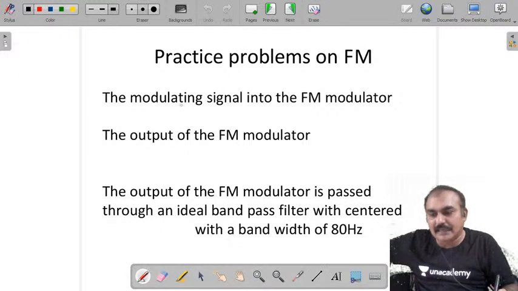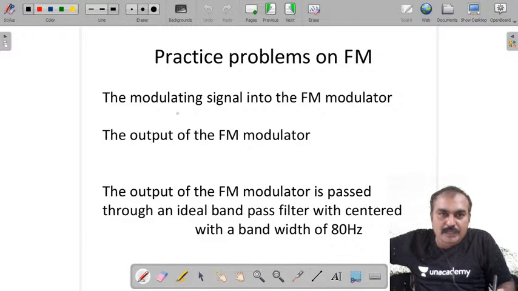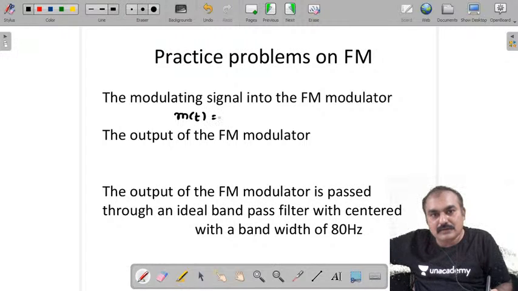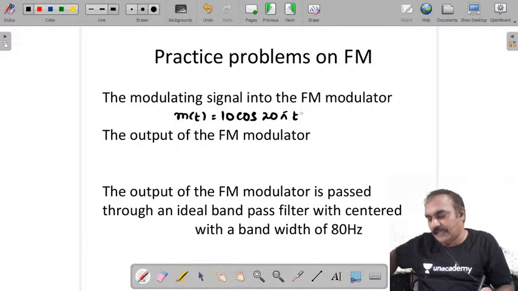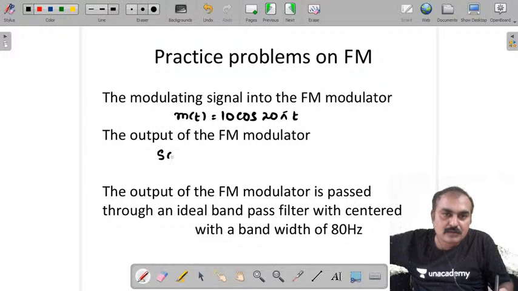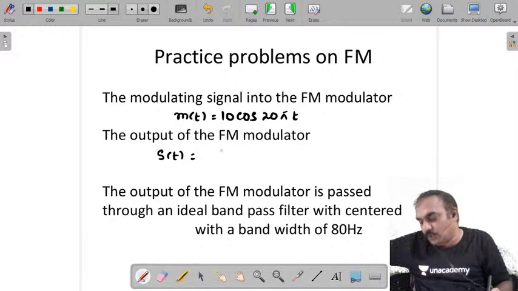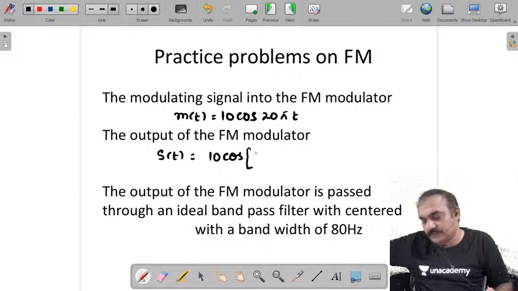The modulating signal into the FM modulator is given as m of t equal to 10 cos 20 pi t, and the output of the FM modulator is S of t equal to 10 cos 4000 pi t